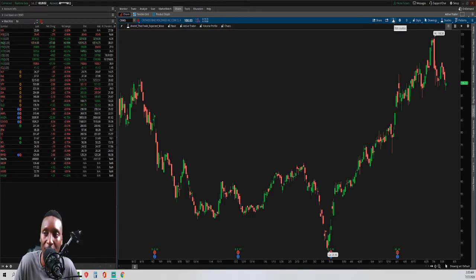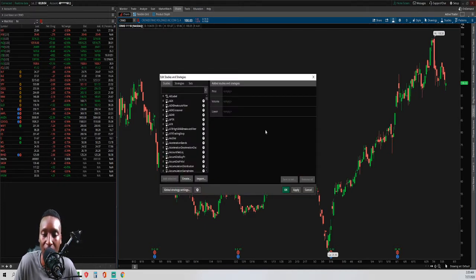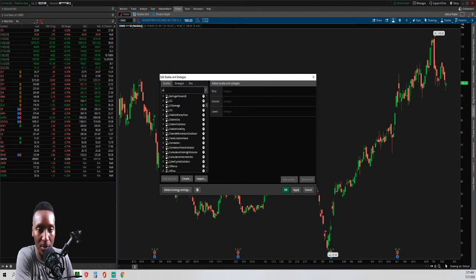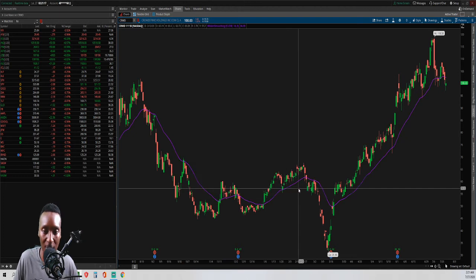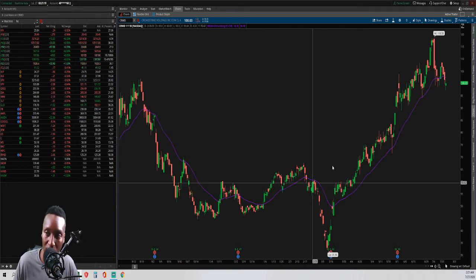Come up here to this flask right here. Click on the flask, and then we're going to come down to the Wilder smoothing average, where it says Wilder's smoothing. Now, I'm going to show you a little trick. All platforms may have this, but it may say something else. It may not say Wilder's smoothing. So I'm going to show you a trick that's the same thing as the Wilder's smoothing,